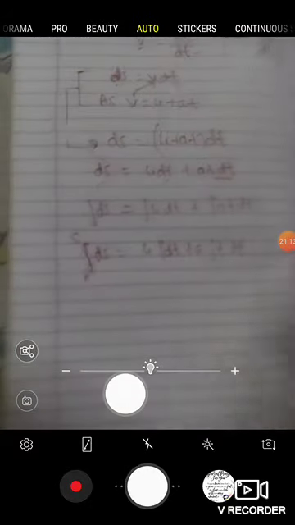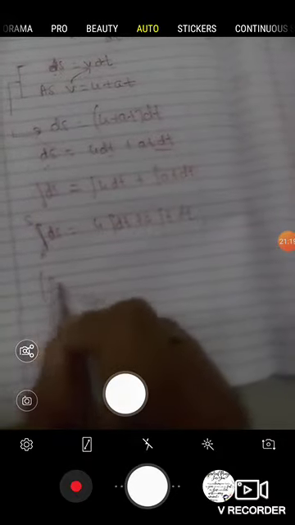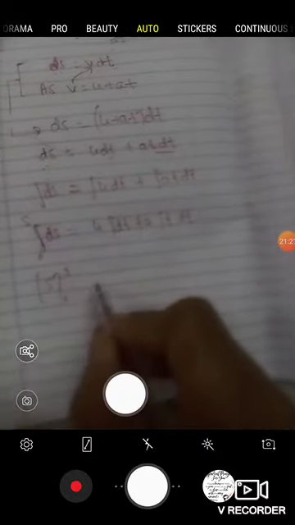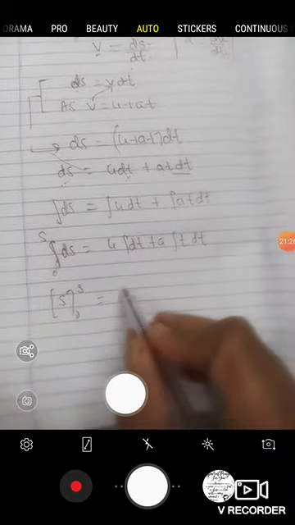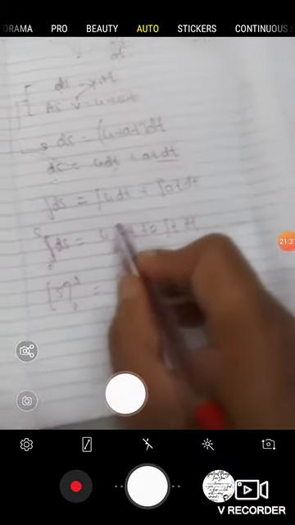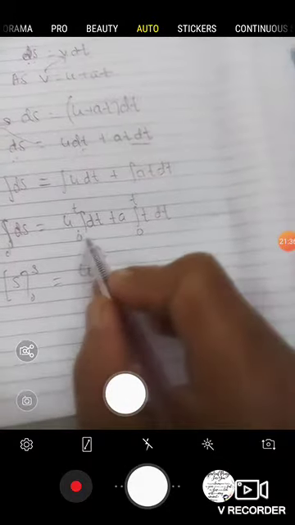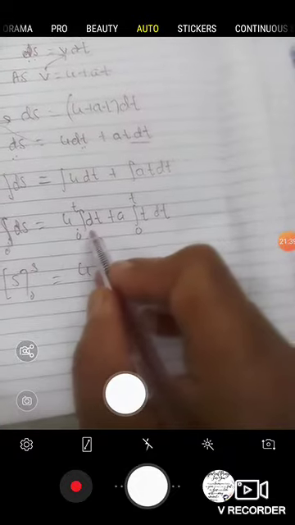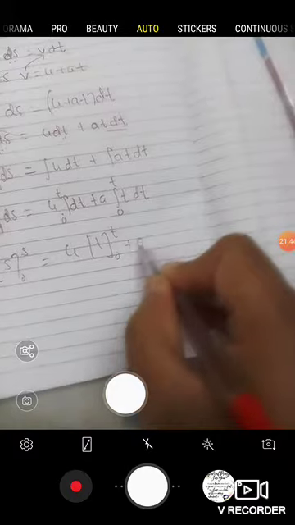So I told you last time, integration of dx is x. So integration of ds will be what? S, with limits 0 to s, like this. Now come to this side, is equal to u, integration of, now here I want 0 to t because I want only t here, again 0 to t. Now integration of dt will give you what? T, limits 0 to t, plus a.